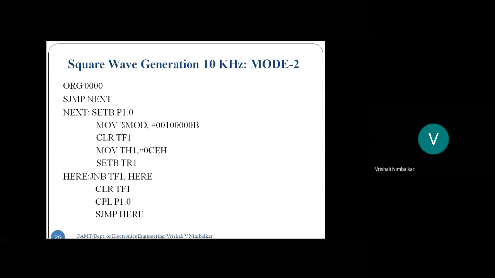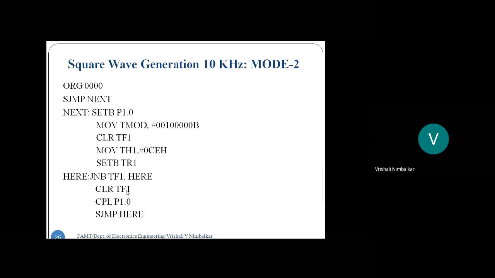Okay, so let us look from the beginning, as we thought of: send logic 1 on the port pin and write the timer program to generate a delay of 0.05 milliseconds. So that is MOV TMOD, 20 hex, clear TF1, MOV TH1, the 8-bit count is loaded in the higher register, and we started the timer. Right? Since it is in mode 2, we should not reload the count. We are not stopping the timer. So in the loop, I should just be checking the overflow flag, clearing it, checking the overflow flag, clearing it.